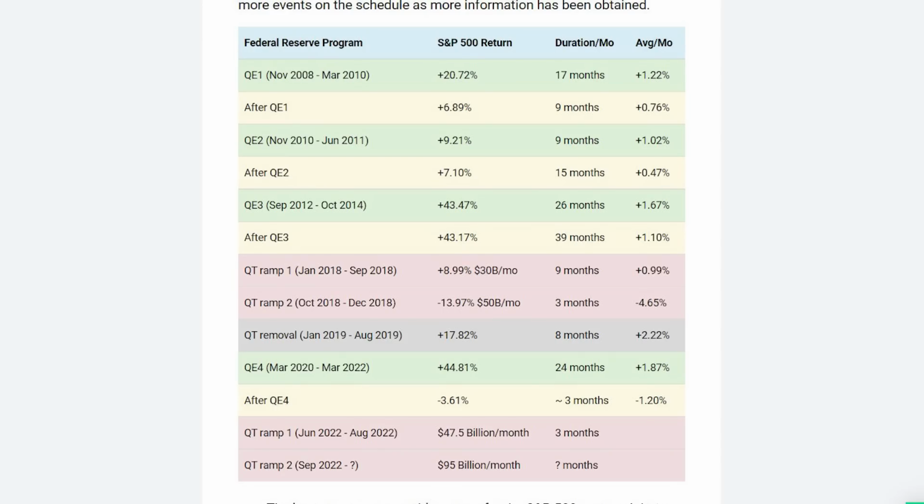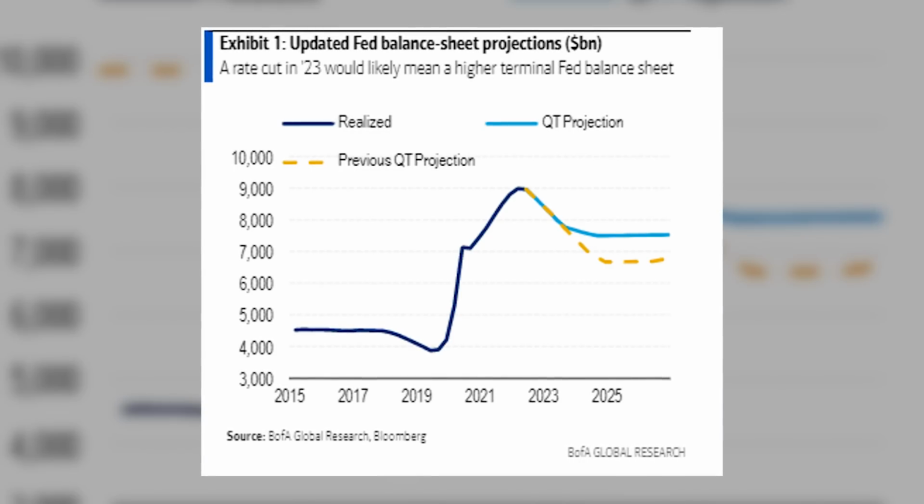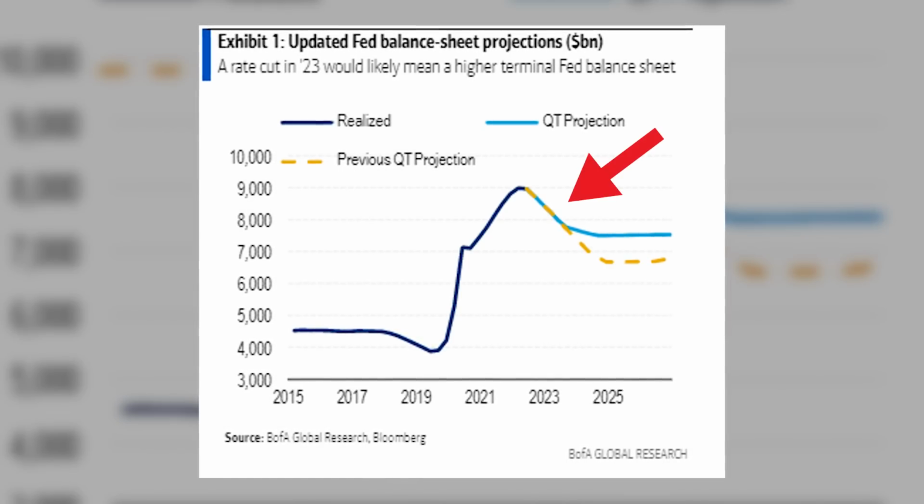So that's what happened in the last QT. Here's another chart showing the effect of QE and QT on the market. During QE periods, the market was giving positive returns, and during the last QT period, the market gave negative returns. So it seems like QE is good for the market, while QT, not that good. The plan is to reduce the balance sheet by around $3 trillion, basically 4 to 5x the original amount within 2 to 3 years. And that is huge.